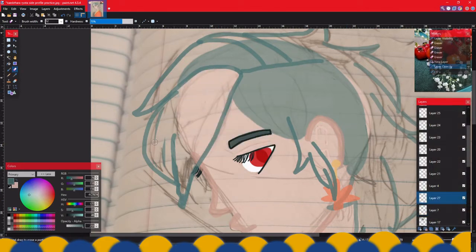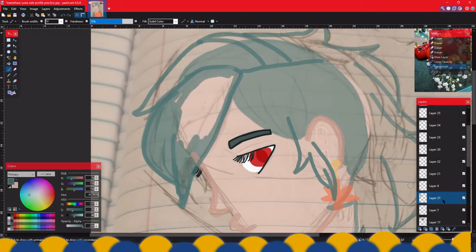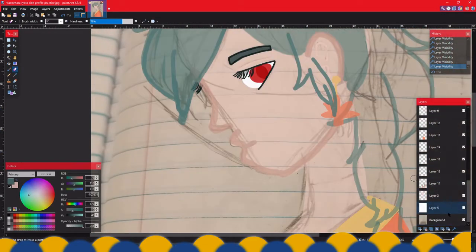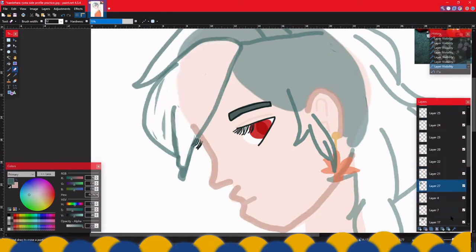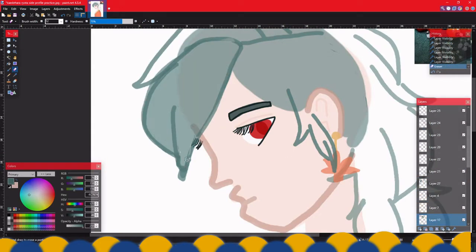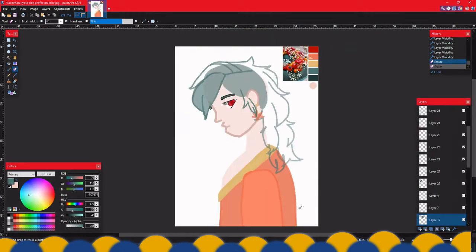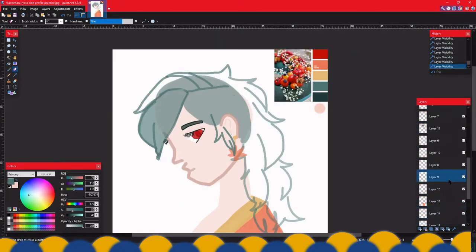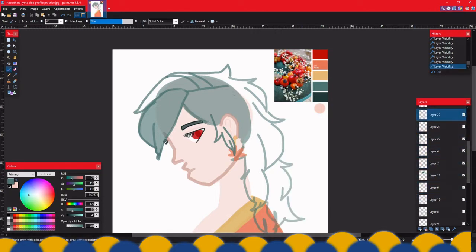Kaedehara means maple leaf, so I gave him a little maple leaf earring, and because Ryota is like a big, cool, refreshing breeze, I wanted to make him have cool tones. The reason I gave him red eyes is because I still wanted to tie in the Kaedehara bloodline, giving a hint of it through the fact that his eyes are red.